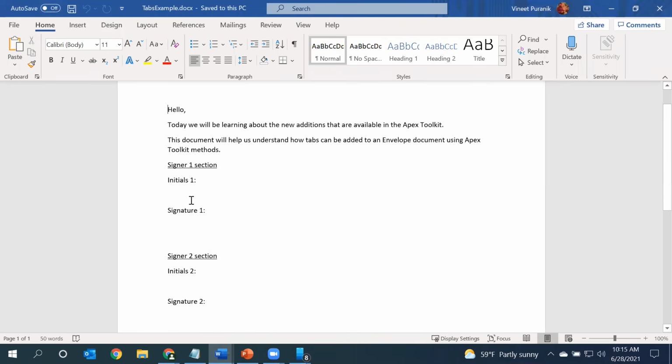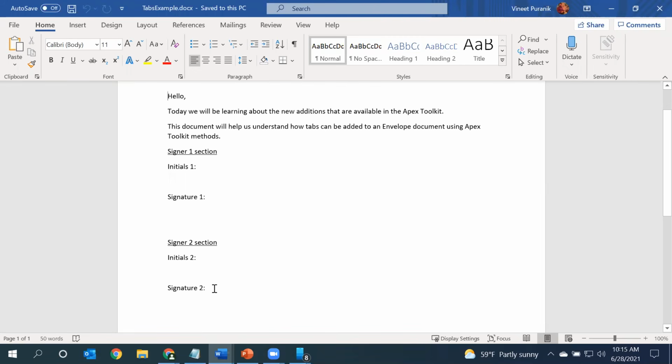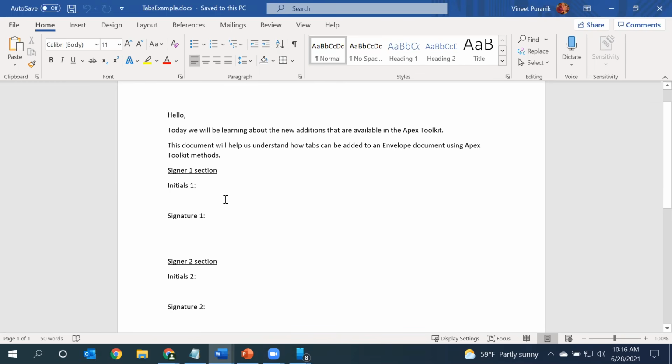You will see I have placed two signers and I have added an initial position for signer 1 and a signature position. Similarly, an initials position for signer 2 and a signature. So basically what we are going to do in our demo is dynamically place initials as well as signature tags in this document and then send this across to our recipients.